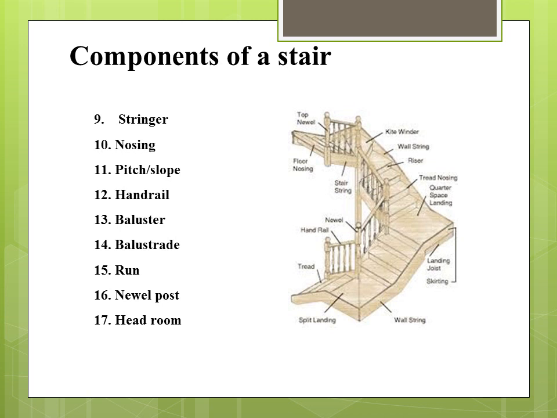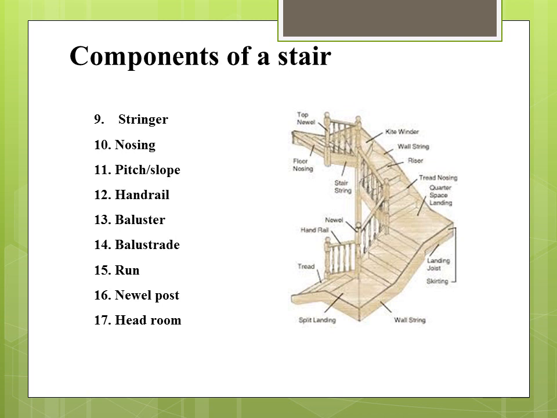Next, stringer. The sloping member supporting the steps is known as the stringer. Nosing. The projecting part of the tread beyond the face of the riser is known as nosing. Pitch or slope. The angle made by the line of nosing with the horizontal is termed pitch or slope. Handrail. It is the inclined rail provided at the edge of stairs and parallel to the nosing line, fixed at about waist height. Baluster. This is the vertical member of wood or metal supporting the